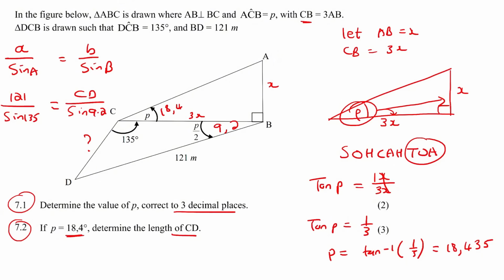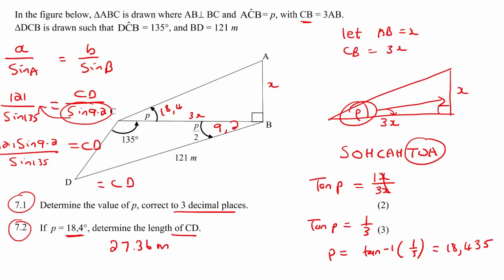Now, to get CD alone, you're going to have to multiply the sin 9.2 over. So you're going to end up with 121 sin 9.2 over sin 135 equals CD. And if we have to go solve for CD, we should get 27.36